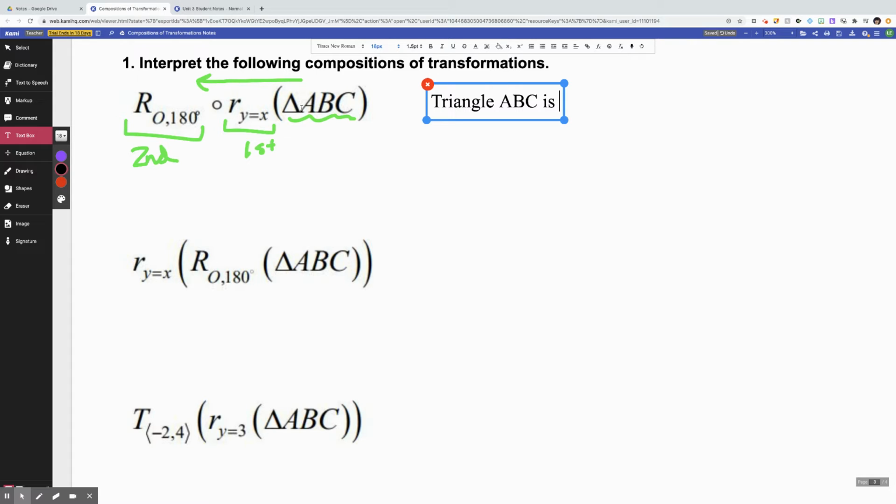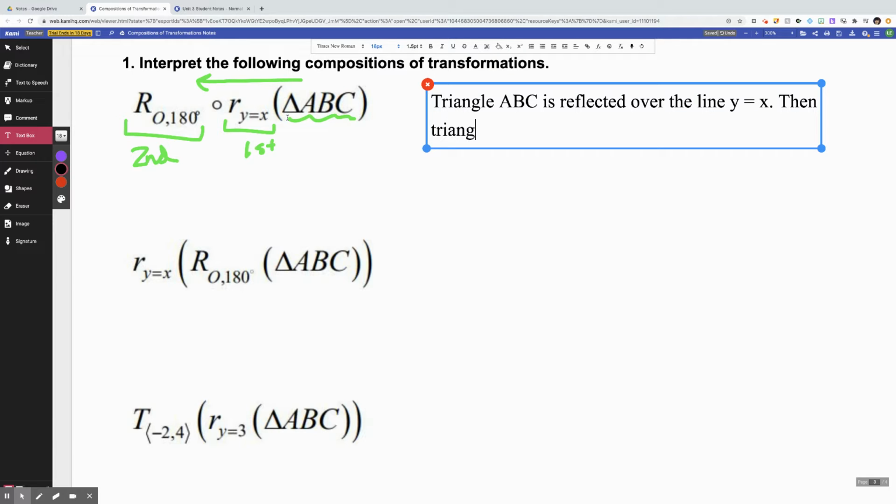Lowercase r is reflection, so it is reflected over the line, and then the subscript is the line of reflection. So this is the line y equals x. That's what happened first. Then triangle ABC is rotated. That capital R means rotated. Then put the degrees next, so 180 degrees